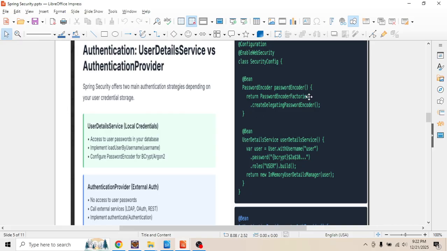Inside the password encoder method, it returns PasswordEncoderFactories.createDelegatingPasswordEncoder, and we have @Bean annotation. Whereas in the user detail service method, it returns user detail service,